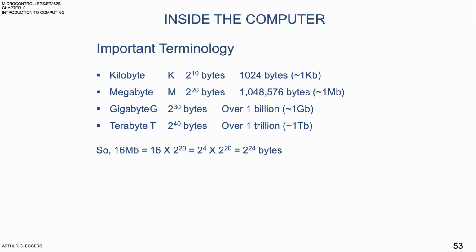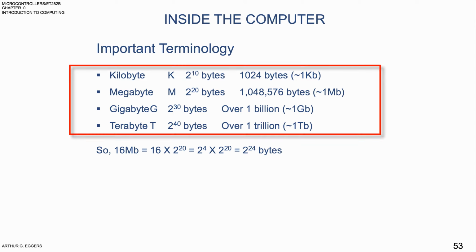Looking at the units of measure here, a kilobyte is 2 to the 10th bytes, which is 1024 bytes. The abbreviation K is often used to represent kilobytes. For example, some of the older floppy disks held 356K of data. A megabyte, or a meg as it was called, is 2 to the 20th bytes. That's a little over a million bytes, or exactly